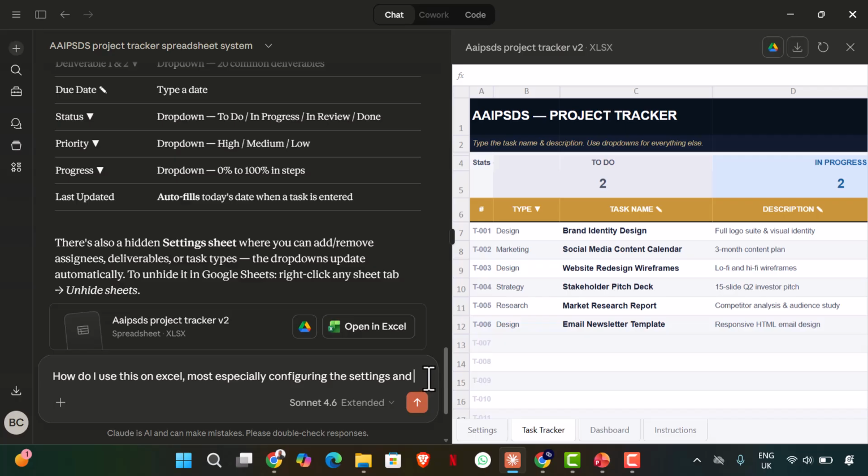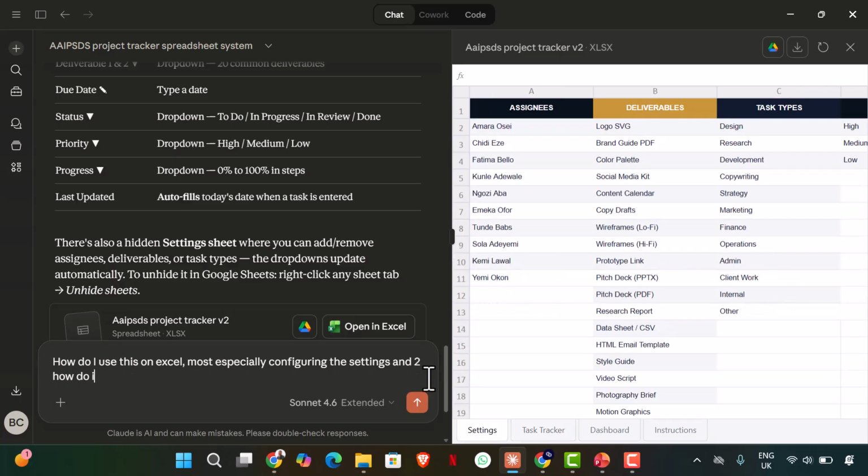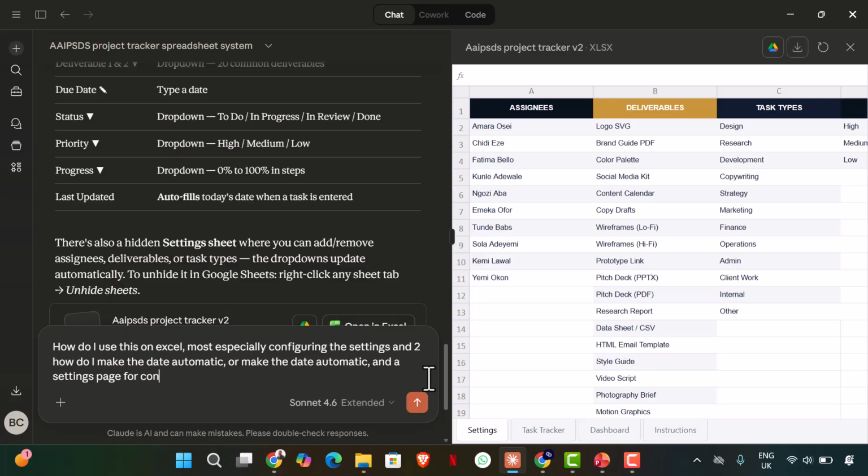And two, how do I make the date automatic, and a settings page for configuration of names of assignees, deliverables, okay, tax types,